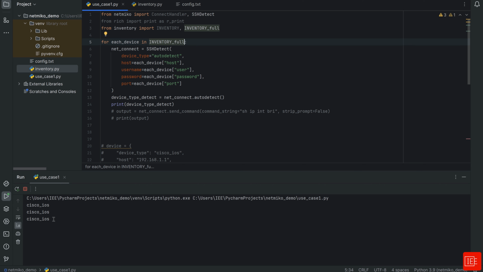You can see that the very first 3 devices have been detected already, and now we are going to detect the 4th device. As you can see, Fortinet has been detected as well, as well as Juniper, which uses Junos. And finally, cisco_xr, which is for IOS-XR. Okay, so now that I showed you how you can build your inventory file using SSHDetect,